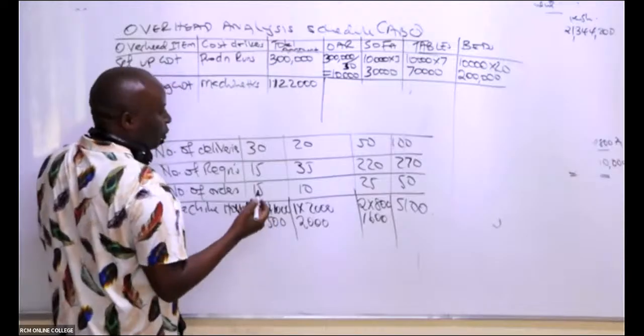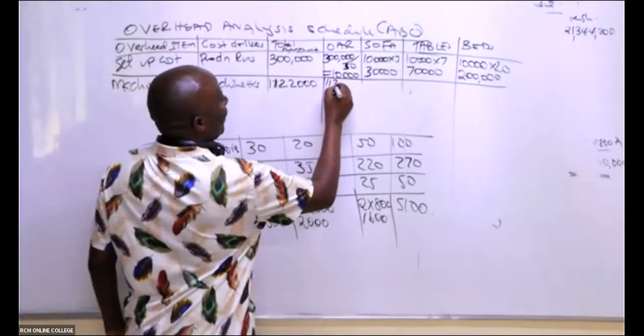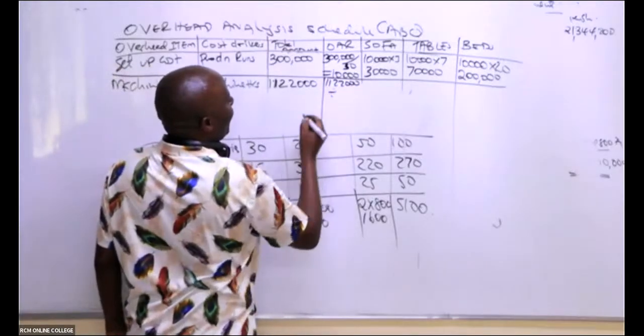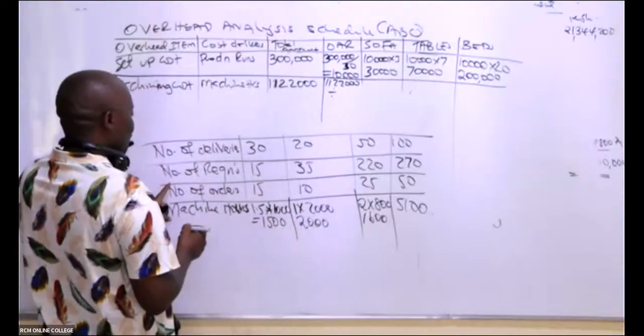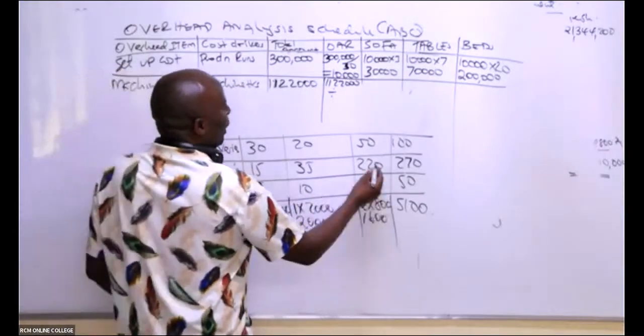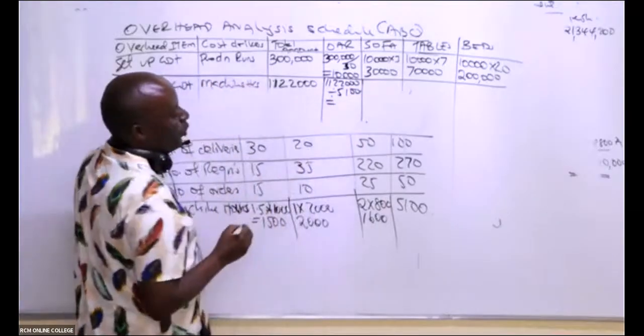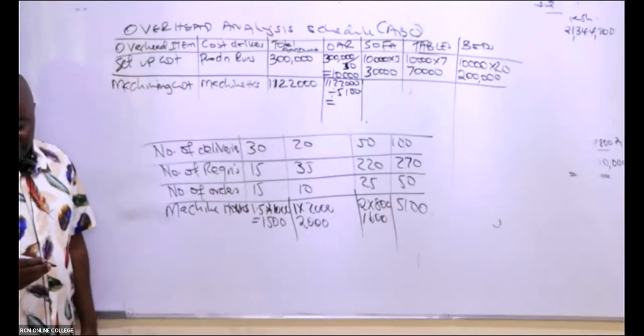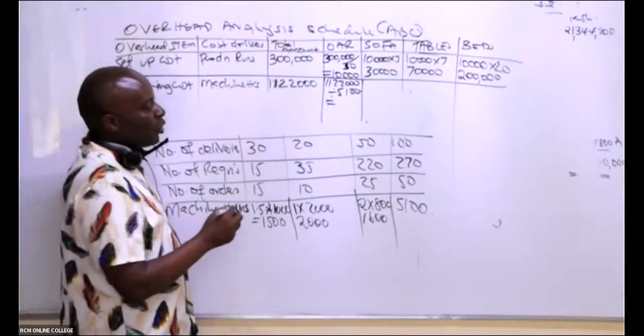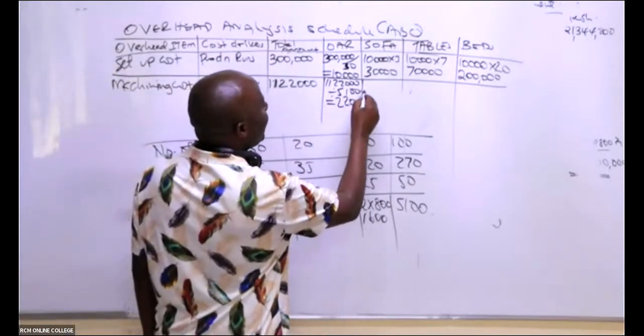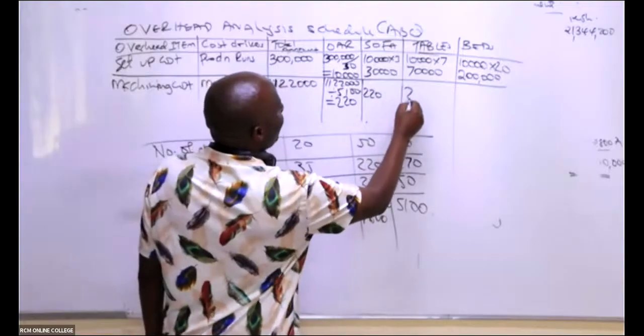So it will be 1,122,000 divided by machine hours. Fortunately, we have the total machine hours, which are 5,100. So is there somebody who is able to give me this answer? 220. So I'm getting 220. So it will be 220